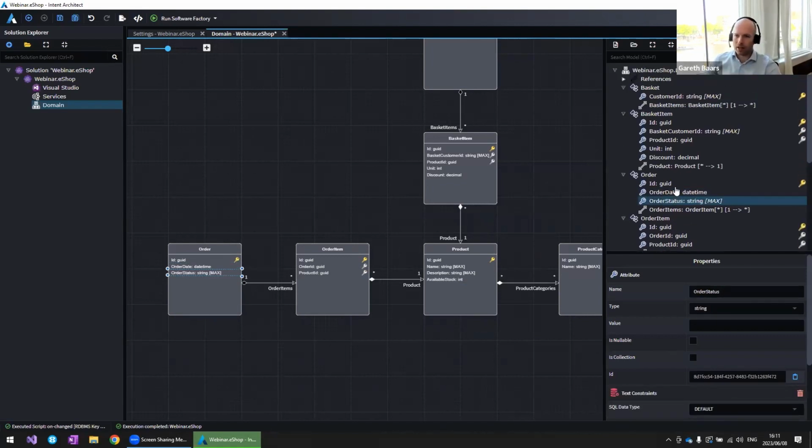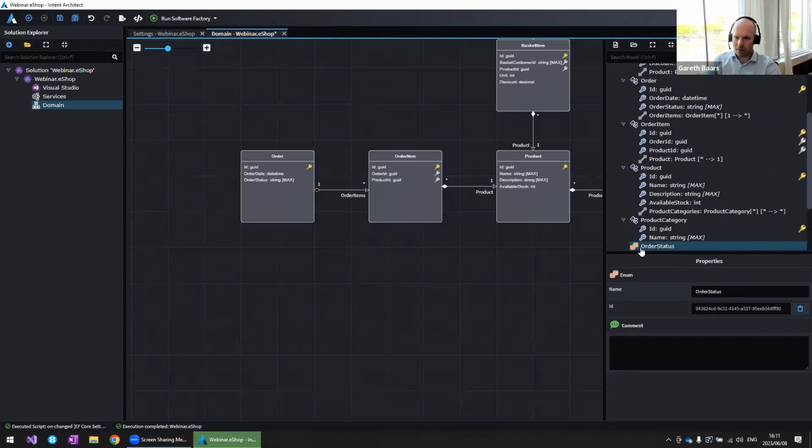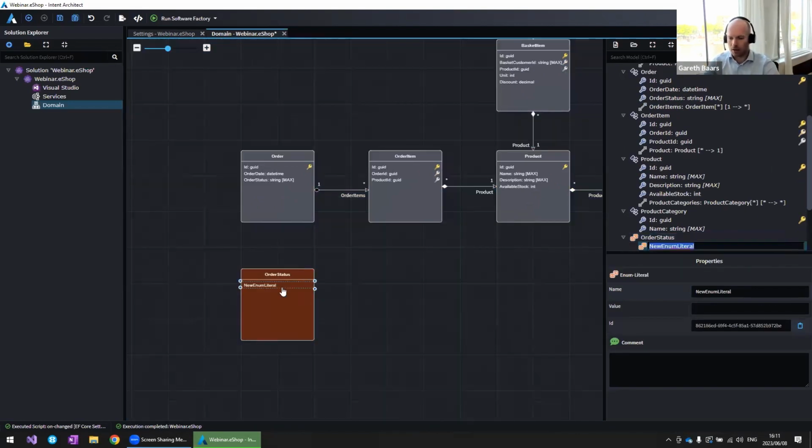Okay, so an order status would typically be some kind of enum. So let's go create an enum, call it the order status. I can also bring that into the domain model. Okay, so we can actually see it over here, and we can go ahead and create some,